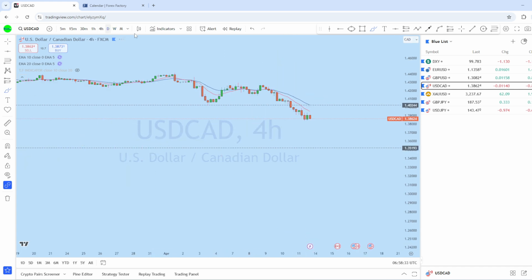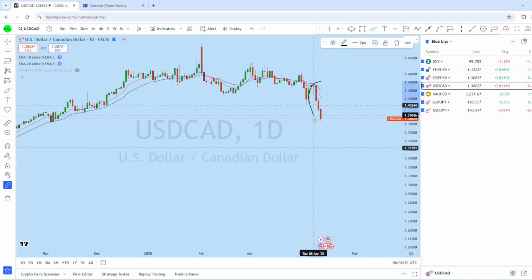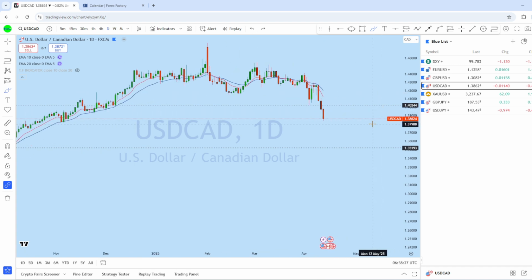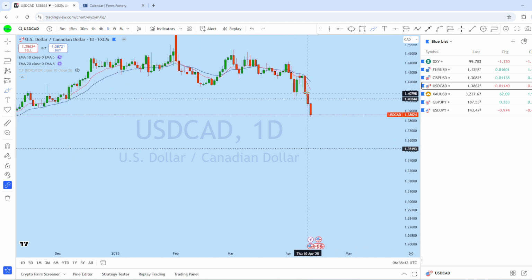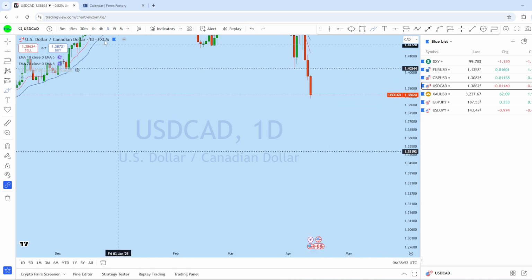Now looking at the daily chart here, we can see a back-to-back 3 days strong bear move on dollar CAD. And with that bearish move, as this market is trending here, we can see this support turning resistance here. And with that being said, expecting an initial pullback and then the market to trend again to create a new lower